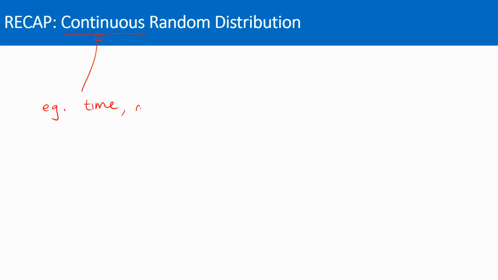Your height. See, your height in this classroom, everyone, you could have a few that's 170, but some of us are slightly different. It could be 170.1. One of you could be 170.2. Some of you could be 171. So the measure is harder to count. You can't tell what is the total. You can't say it's 1 out of 10, 1 out of 20. You can't count that. Okay, but you can talk about regions though.